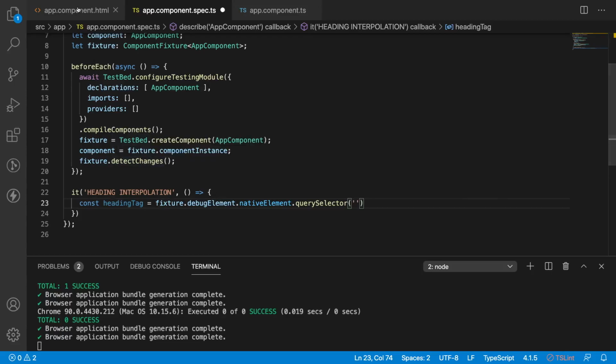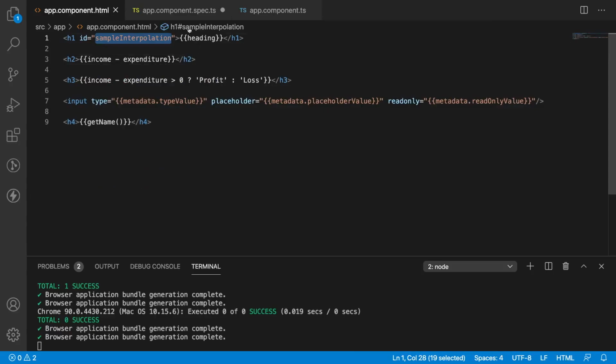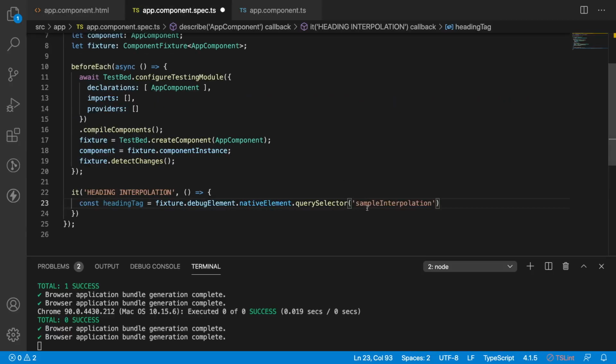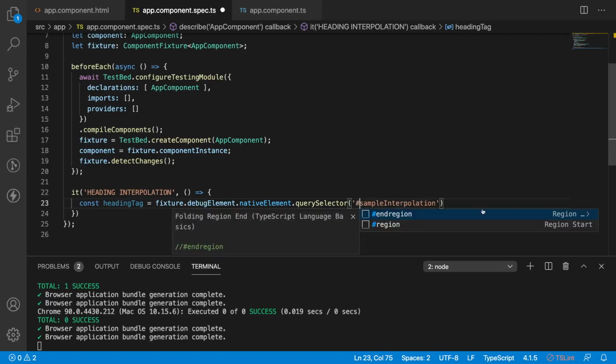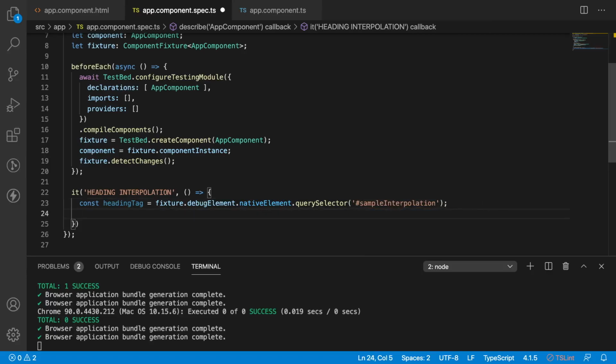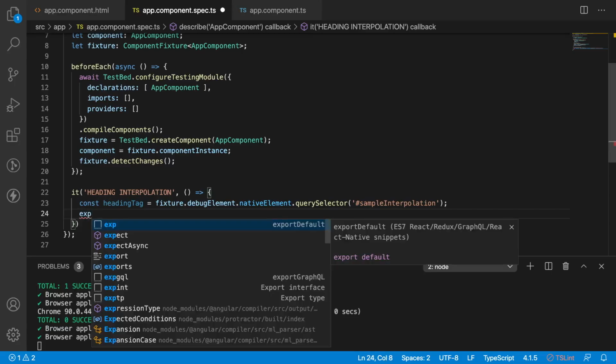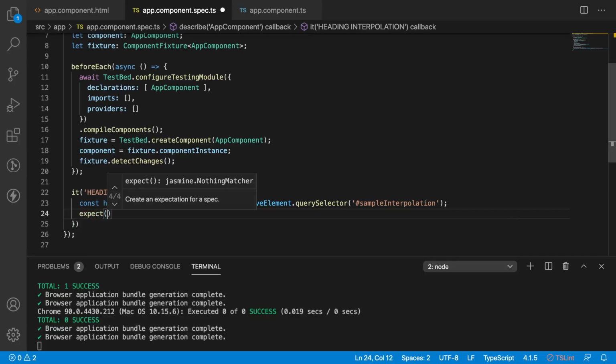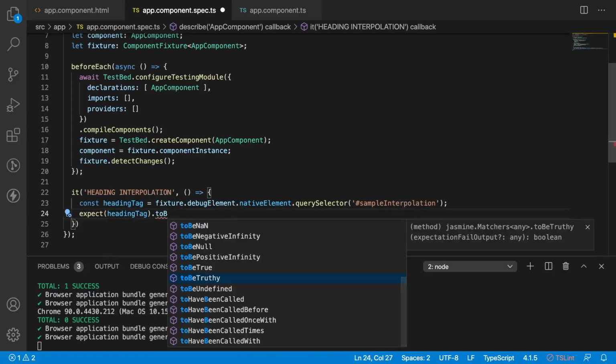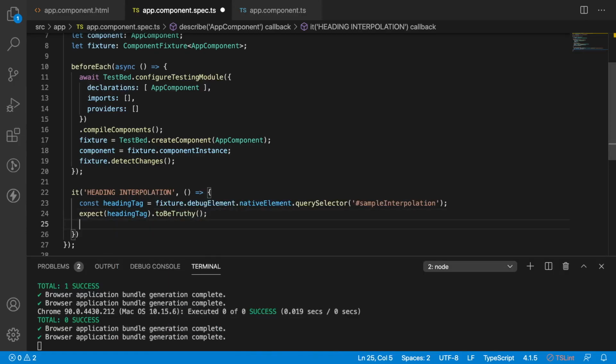For now, I'm using an ID selector. So let me copy this ID selector. Let's pass it, and as it is an ID, it should be prepended with a hash. So now I'll get this heading tag. Let's check whether that heading tag exists or not, toBeTruthy. That means whether you have that element or not.